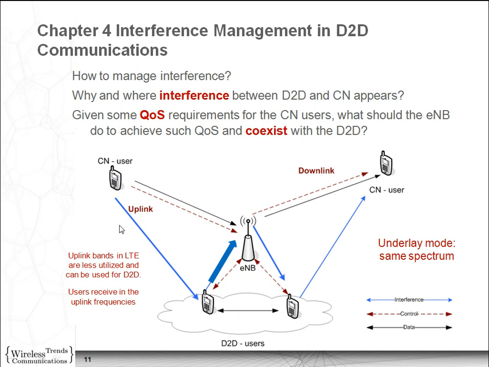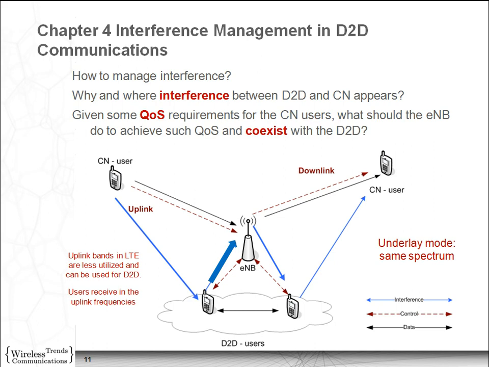And also, if this user is sending information to the InnoV and these two devices are very close to the InnoV, they can also destroy the communication if they are accessing exactly the same resources in the uplink of this user. So the idea here is that, and why is the uplink more important? Well, in